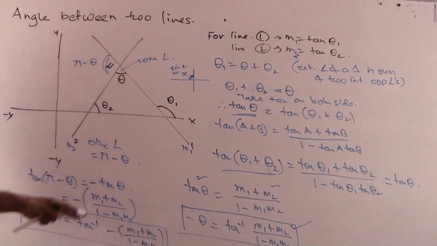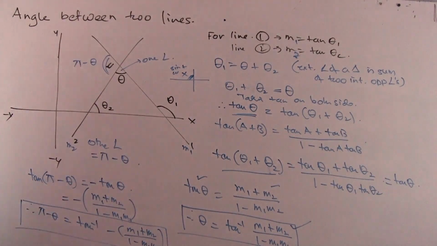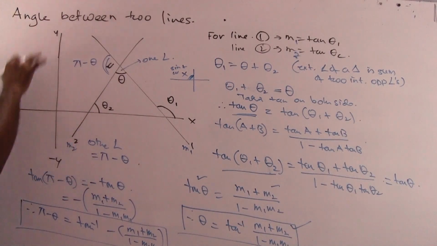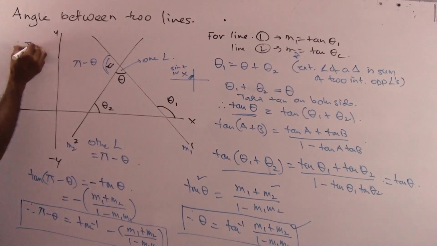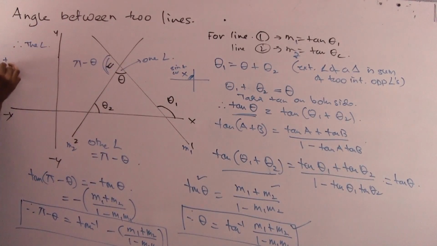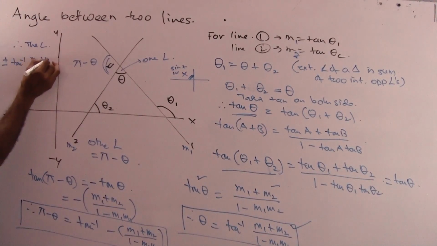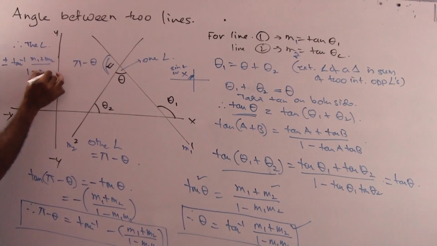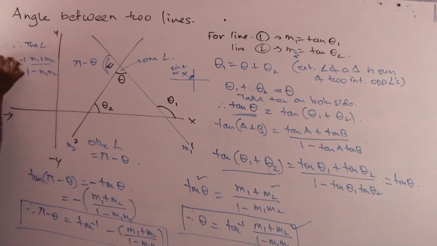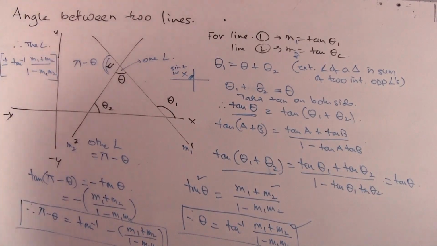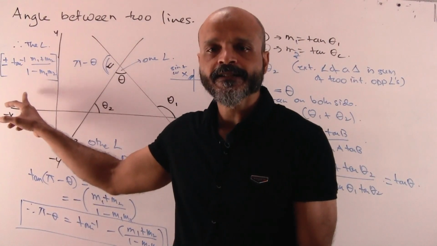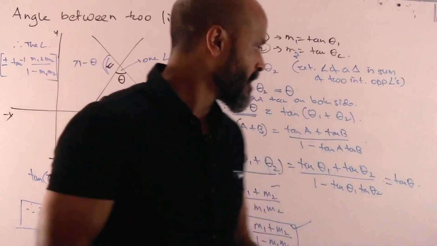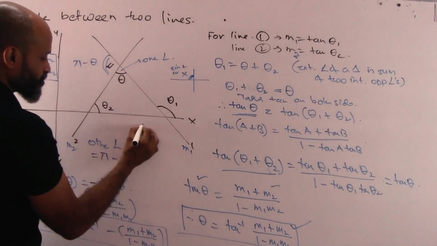We are getting a negative value. So, if we combine these two equations, which will basically be combining both of them, therefore, what will be the value of the angle? The angle can be represented as plus minus tan inverse of (m1 plus m2) upon (1 minus m1 m2). So, this will be the angle between two lines. If we happen to know the slope of the two lines which are intersecting, this will be the value of it. Okay. Now, let us say if two lines are perpendicular to each other,